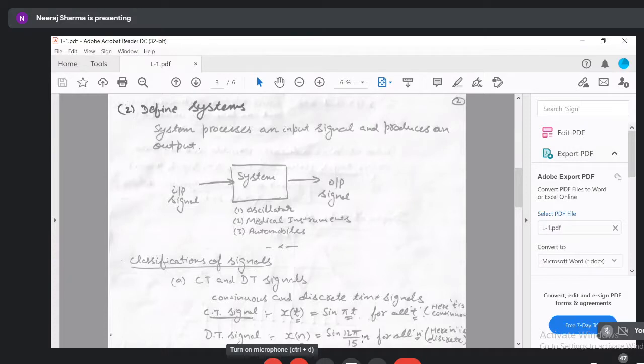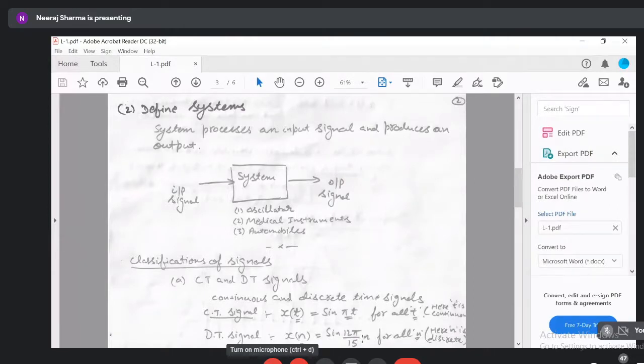That is, n can be equal to 0. When n is equal to 0, then it will be sine 0, right? The magnitude will be equal to 0 on the y-axis. When n is equal to 1, then it will be sine 12 pi divided by 5 at n is equal to 1. When n is equal to 15, it will be sine 12 pi at n is equal to 15. But n cannot be equal to 0.5, right? That is, it cannot be equal to 1 by 2 because it is a non-permissible value under the definition of discrete time signal. If in any case n becomes equal to 0.5, then it is nothing but the CT signal.